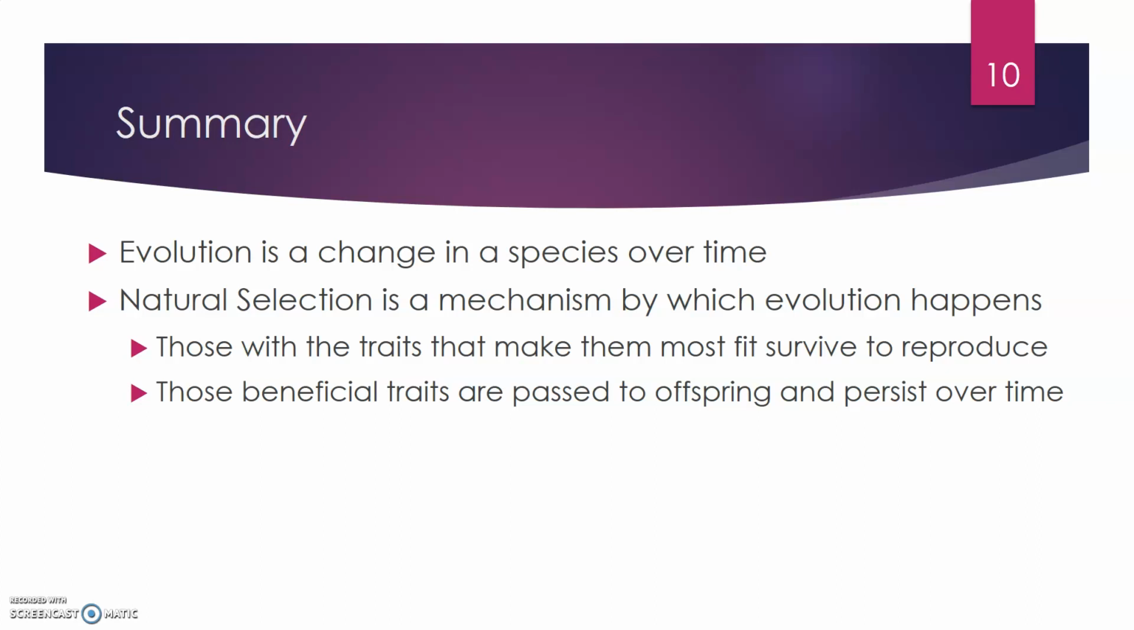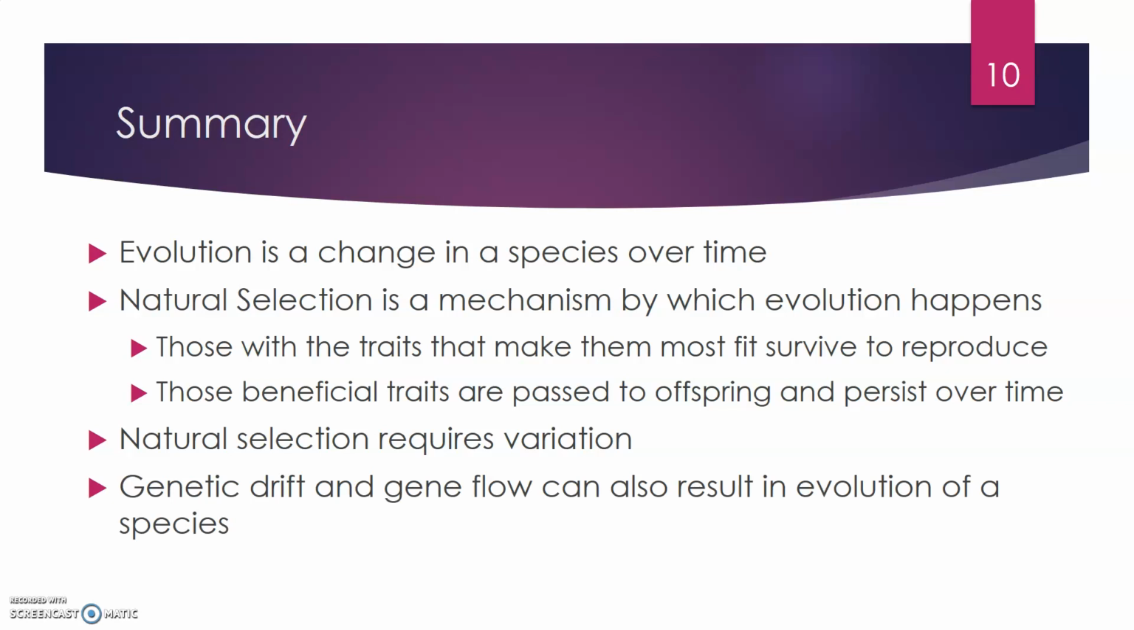And so based on natural selection, organisms who have the traits that make them the most fit are able to reproduce, and they pass on their beneficial traits to their offspring, and those beneficial traits are the ones that are selected for or persist over time. And in order for natural selection to happen, there has to be some kind of variation within these heritable traits. And natural selection isn't the only way that evolution can happen. Genetic drift and gene flow will also result in the evolution of a